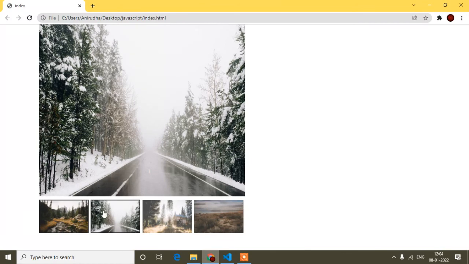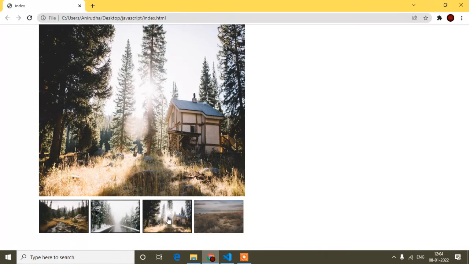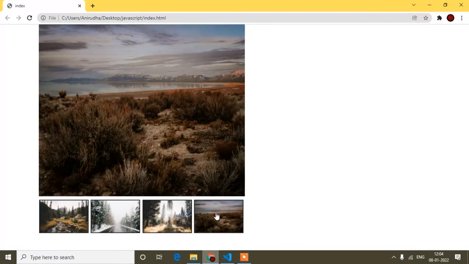You can see this active class is added in the second, and if I click third, active is added in the third, and in the same way in the fourth. But, guys, now the one problem is that when I click an image, the active class is added on that particular image, but it should be removed from the other images. So that I have to do.